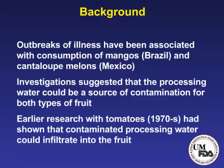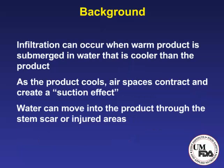Before any of the food safety stuff happened, essentially there was plant pathology talking about infiltration of plant pathogens in contaminated water. And if you have a warm product and you put it in cold water, it's possible for a vacuum to be created. And the vacuum is going to be proportional to the size of the gas cavity. So essentially, if you've got something like a tomato or a cantaloupe that has a big gas cavity on the